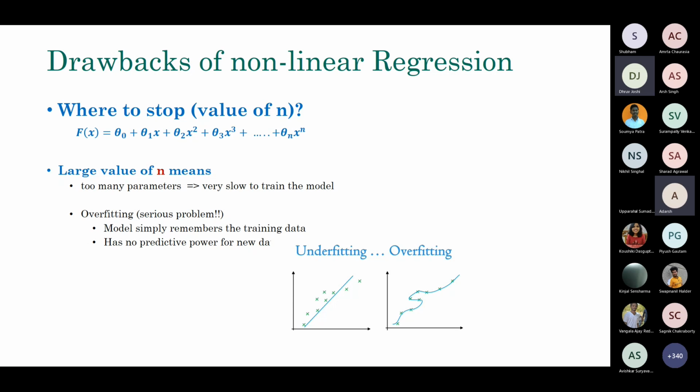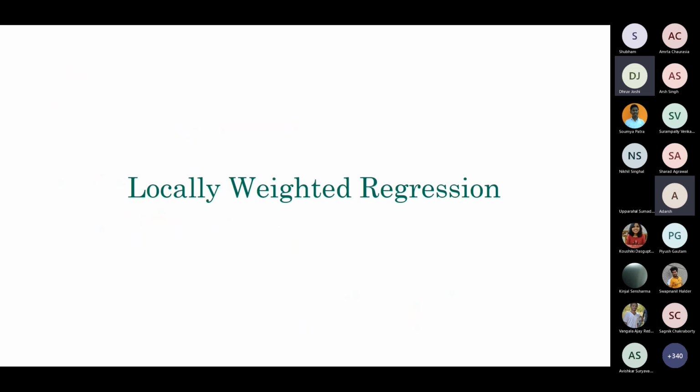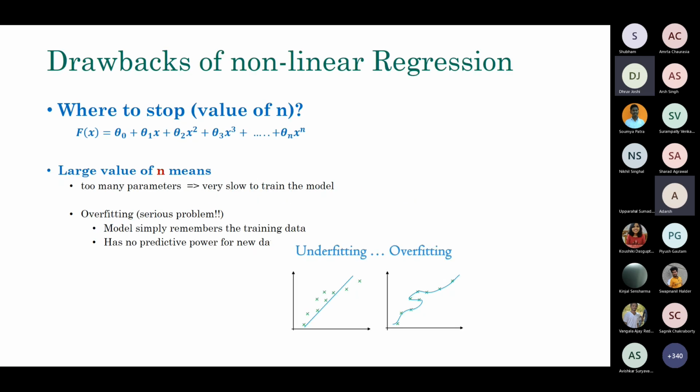All right. So far, so linear regression. You have seen some problems with linear regression, primarily underfitting. Overfitting, although it is a problem for non-linear regression, is not a problem for linear regression, because by increasing the degree of the polynomial, you can actually get a very highly non-smooth curve.